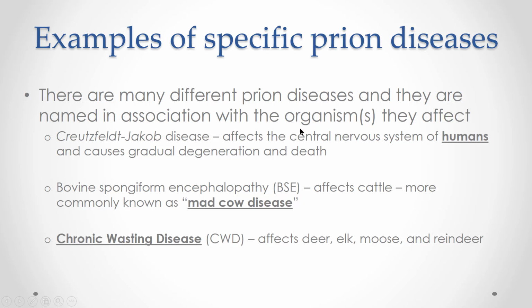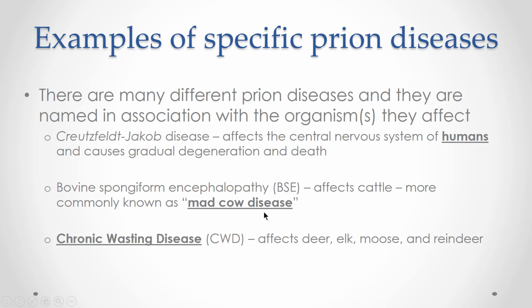But some of the examples: as a human being, it's called Creutzfeldt-Jakob disease. So if you were to acquire it either genetically or through an unlucky exposure, you'd have what's called Creutzfeldt-Jakob disease. That's the way it's described in humans. There are a variety of animal-borne variations of it, but one that you may be familiar with is called mad cow disease. Mad cow disease had a big scare in the early 2000s. A number of people died from it, and a lot of regulatory procedures changed around animal meat,